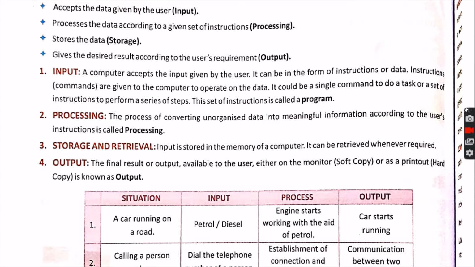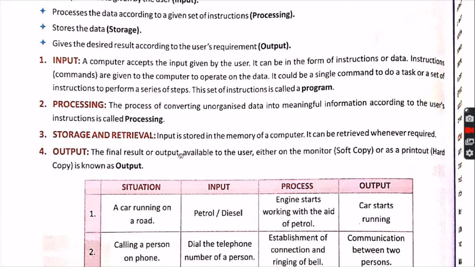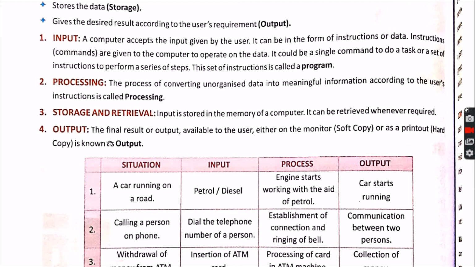The similar thing happens when you give any input to the computer. We, the users who use the computer, give the instruction in our own language, either thinking in Hindi or English or any other language, but the computer understands it in 0 and 1 form, and that is also called ASCII code, that you will learn in further classes.